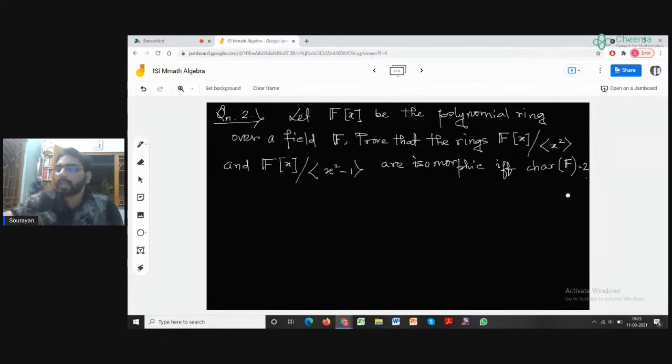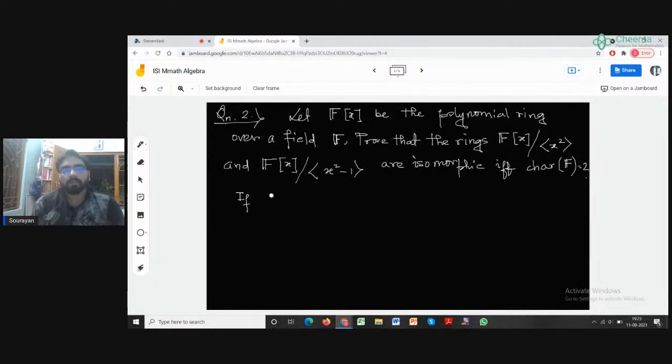So this is actually interesting. The characteristic is something that creates a lot of exceptional cases in field theory and ring theory. Okay, so what it says is that if it is not characteristic 2, then they are not isomorphic. Let me try to prove it like this: since it is if and only if, what we have is